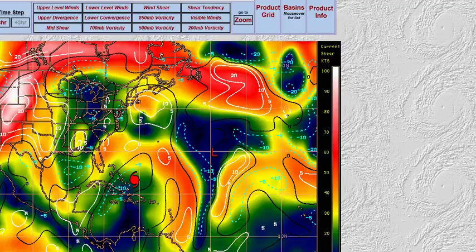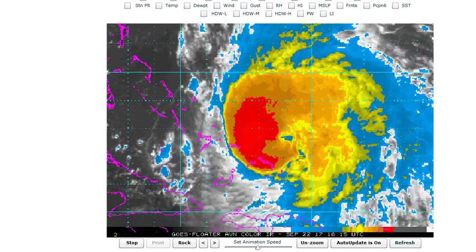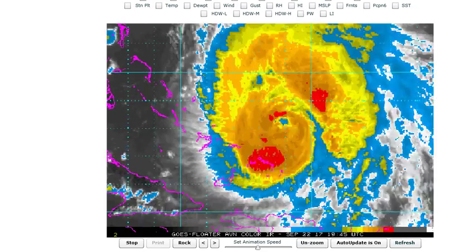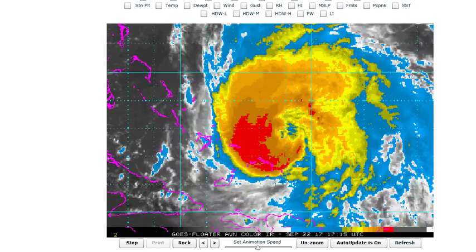You can see the blue dashed lines are moving closer to the storm, and also, I hope you notice, the shear is moving in tandem with the system. As the system moves north and west, the heaviest, highest shear numbers are moving north and west with it. These blue dashed lines have come up over the system here, indicating weakening shear, lowering shear over the western side of the storm and northern side of the storm, and that is indicated nicely by the stronger cloud tops forming on the north and western side of the system as the shear relaxed. So that's what's happening right now with the